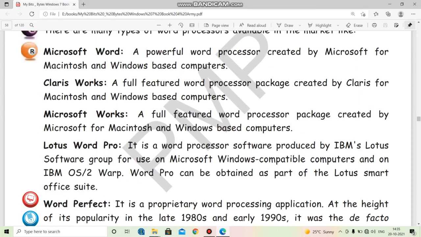But as you all know, nowadays we are using only one very popular word processor, that is Microsoft Word. After the introduction of Microsoft Word, all the other word processors have been totally eclipsed. ये पूरी तरह से खत्म हो चुके हैं. Now they are not so popular among people, but earlier they were quite popular.